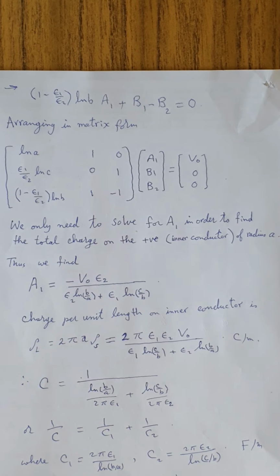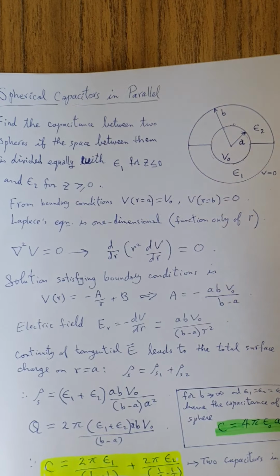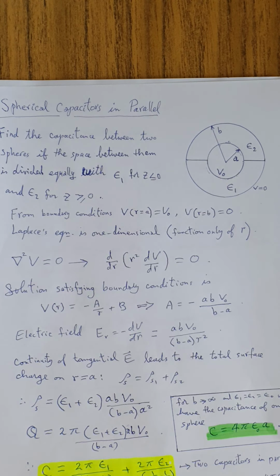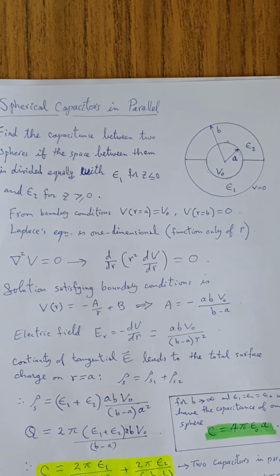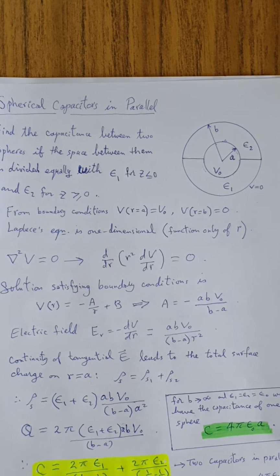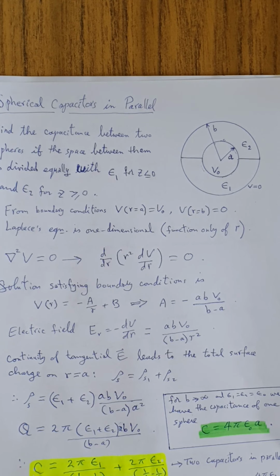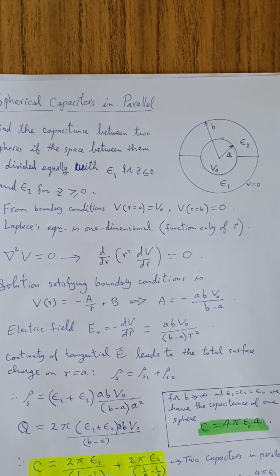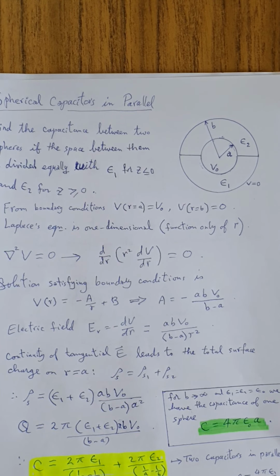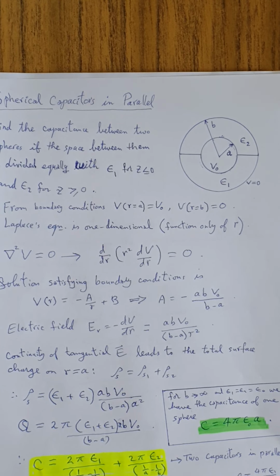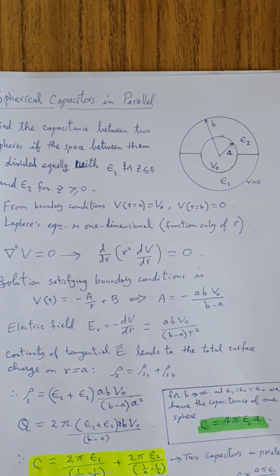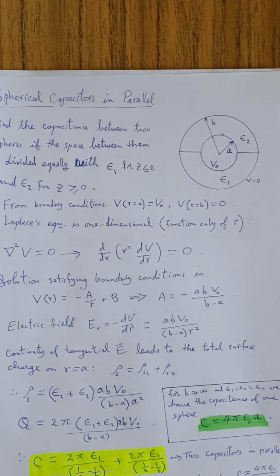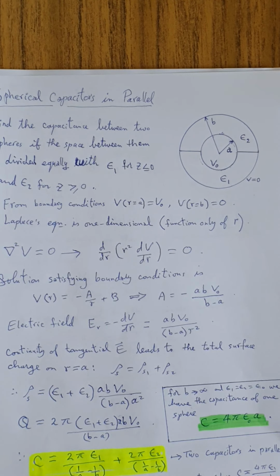Another example on capacitors in parallel is in spherical coordinates. We take up two spheres of radius a and b with the space between them equally divided, with epsilon 1 in the region z less than 0 and epsilon 2 in the region z greater than 0. From the boundary conditions, V of r equals a equals V naught and V of r equals b equals 0,